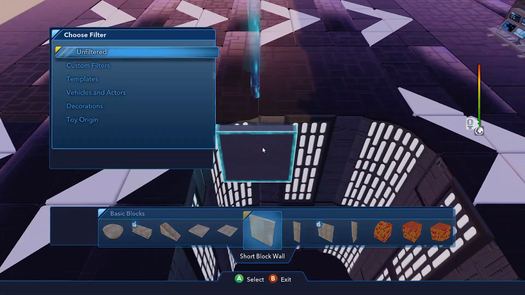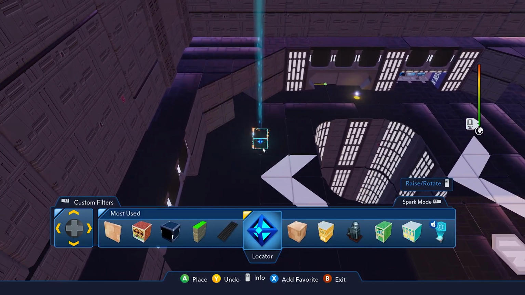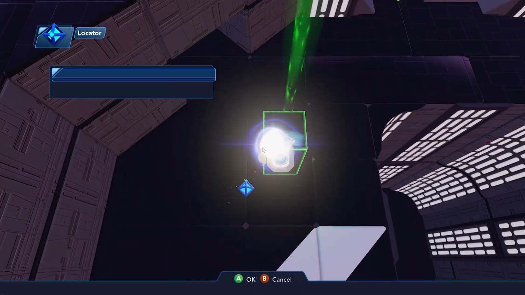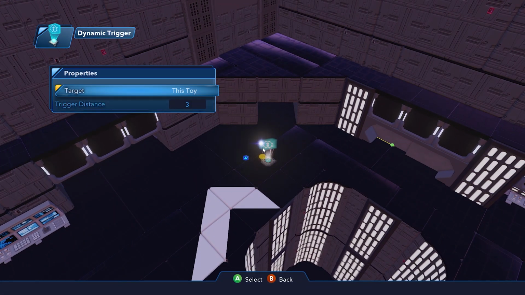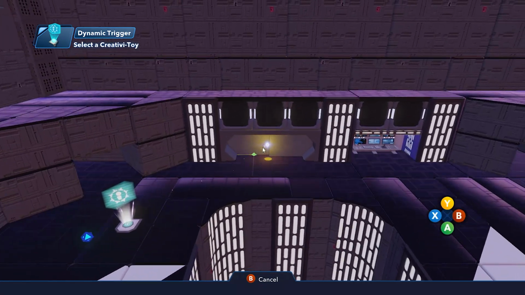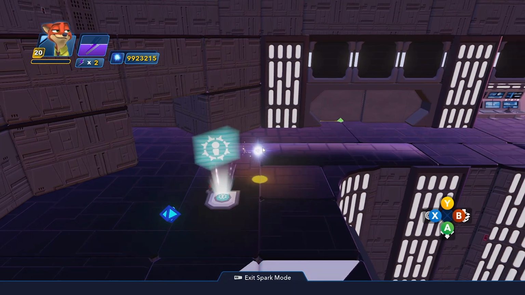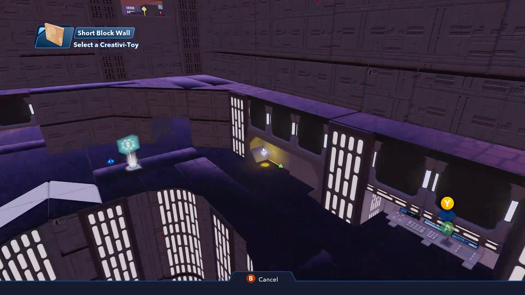Alright, now let's get our dynamic trigger and locator. Hook them up. Properties, trigger distance 3, target, locator. New logic connection, entered any Toybox path, reverse, and then the logic connection, Toybox path. When that's reversed, we'll just go